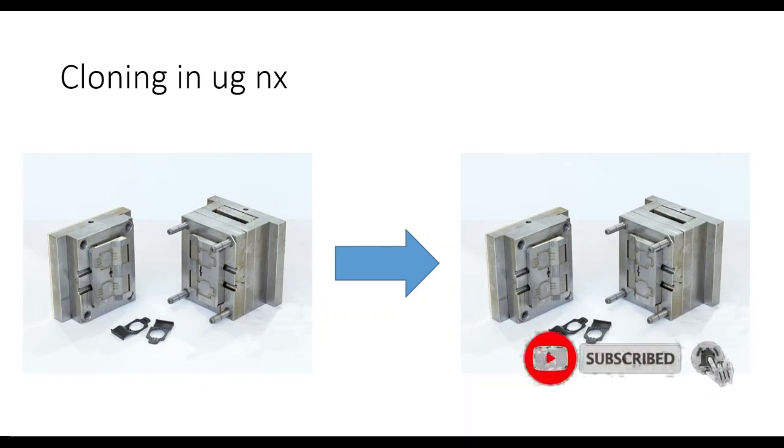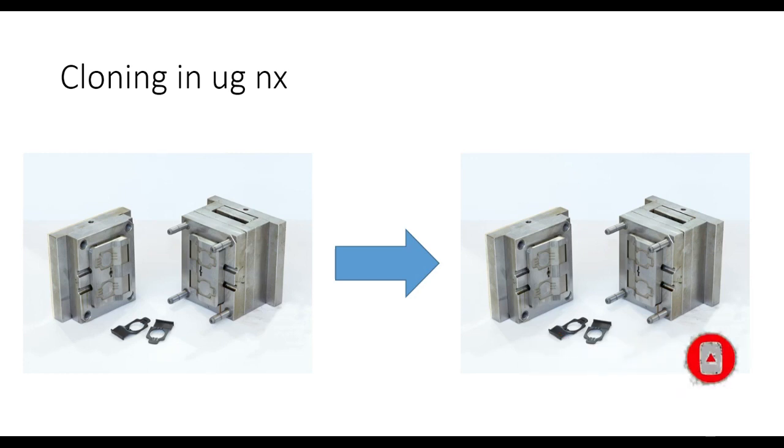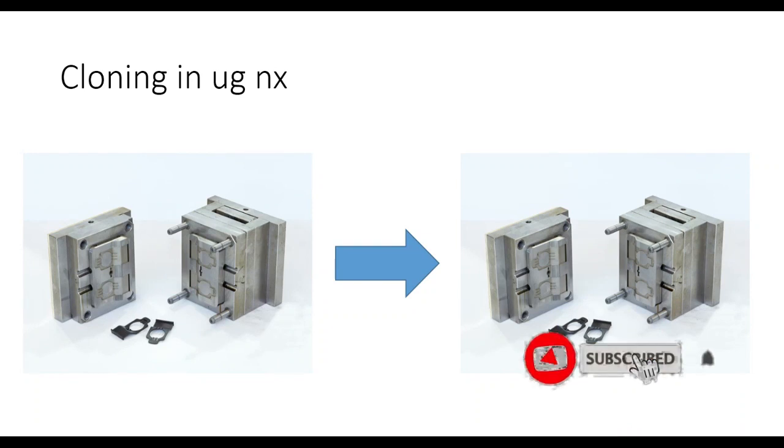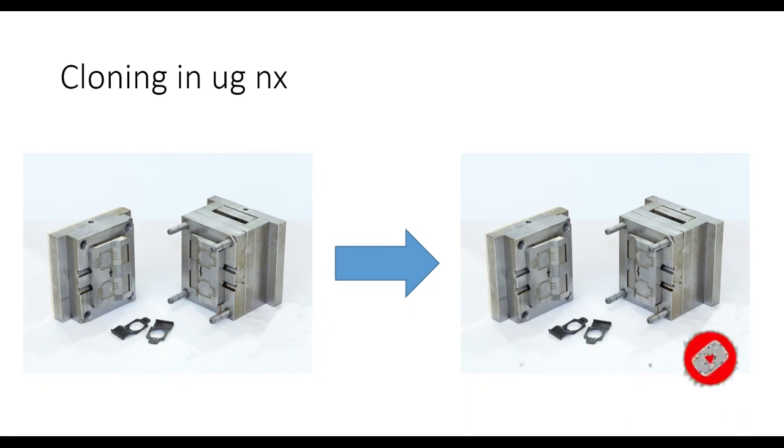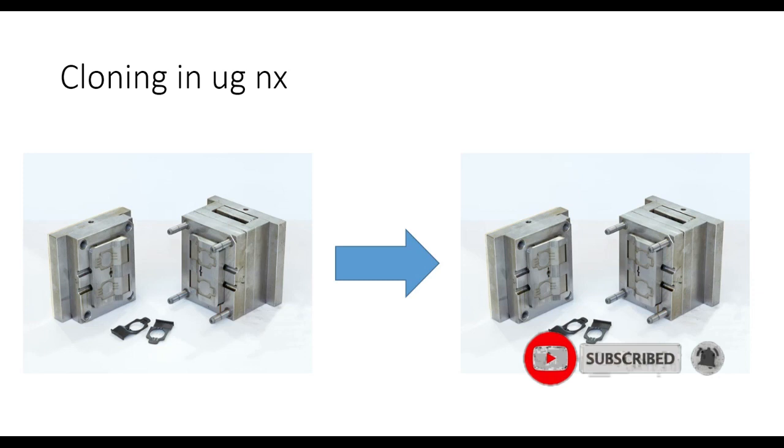In some cases, we have to make a duplicate mold with a different name for all the elements which the mold contains. In that case, we can't modify any of the element names. If we do so, then our link will break and our assembly constraint will get an error. Then we have to do the whole work again to generate a duplicate mold. So the cloning command helps you generate it in a quick and effective manner. I will show a demo and explain it to you.